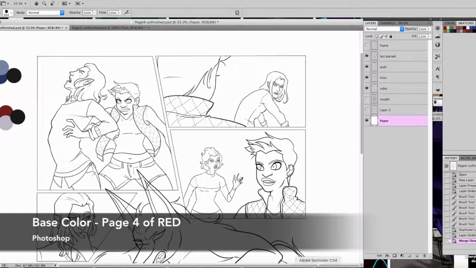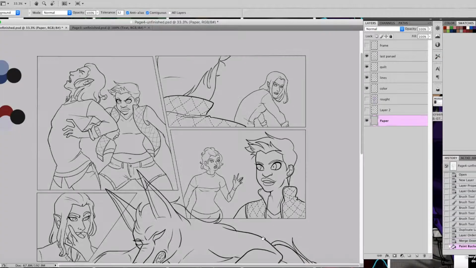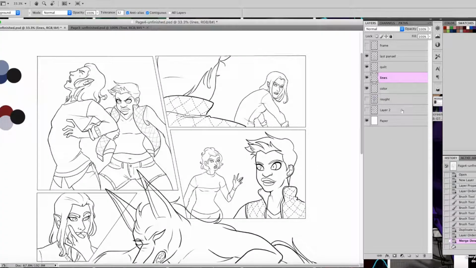Hi, it's Musashden. I'm doing a quick coloring process on my comic here on page 4 of my comic RED, which I've recently started up again. It's about a vampire searching for his wife, and in this page he's having a bit of a problem, and it's pretty evident that he's losing this fight. But anyway,